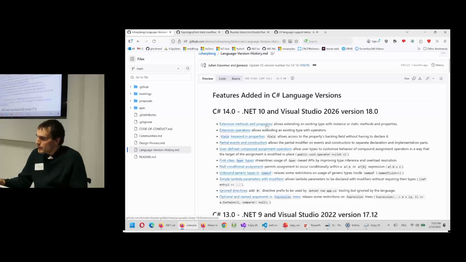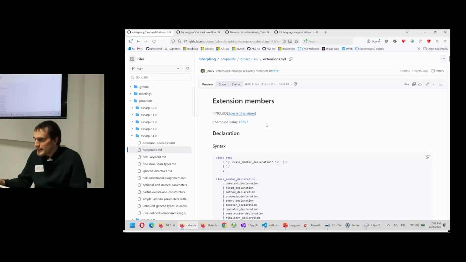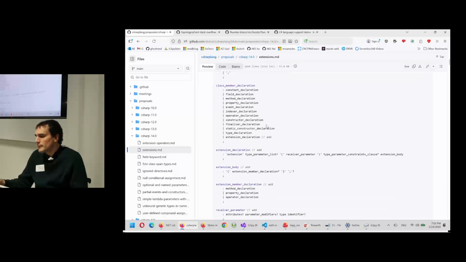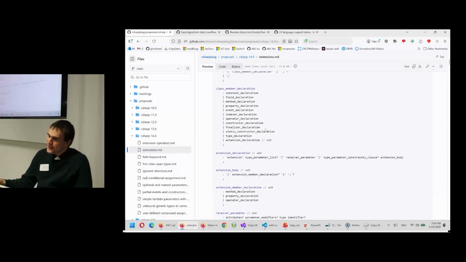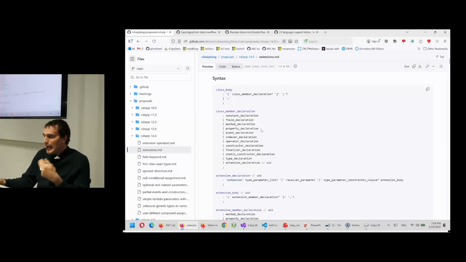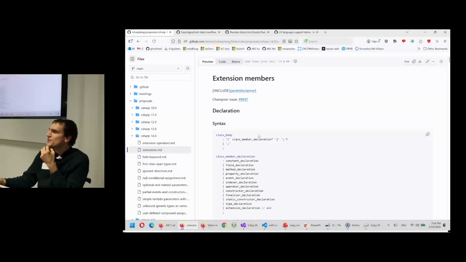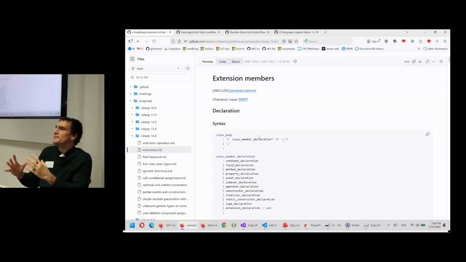And then we take a look: is there a spec for a feature? Sometimes reading the specification actually works out quite nicely, sometimes not. Sometimes we actually have to dig into the Roslyn source code to find out what they are doing. Because I think those specifications are just suggestions, and the actual specification nowadays is the Roslyn compiler. So if you really want to know what's going on, you have to dig through the source code,